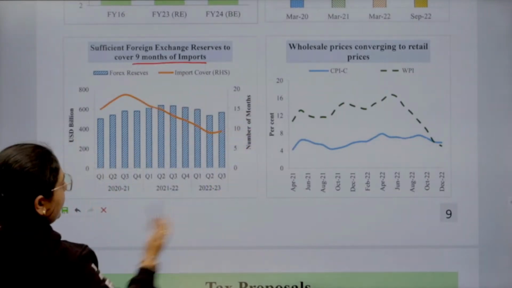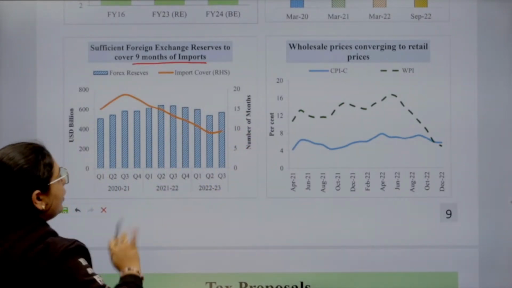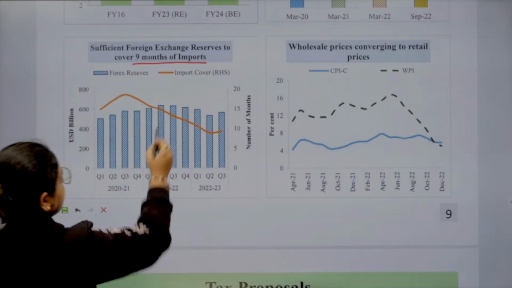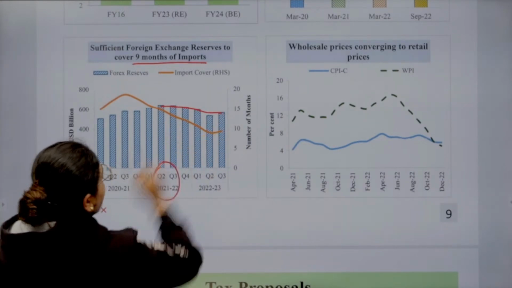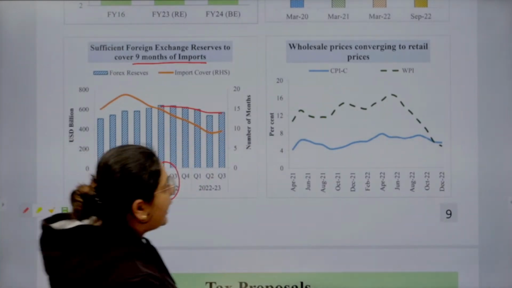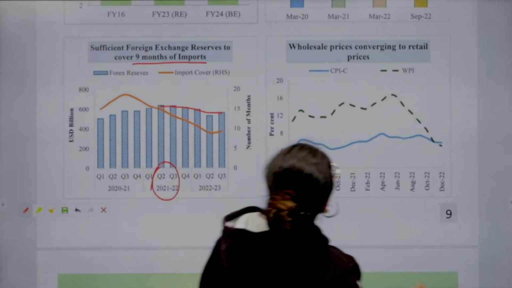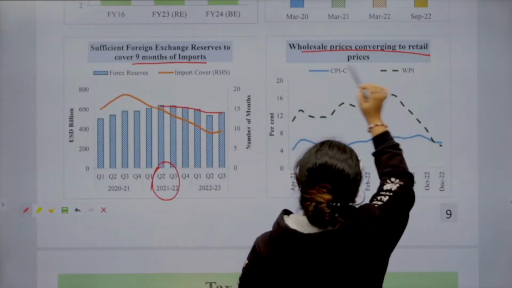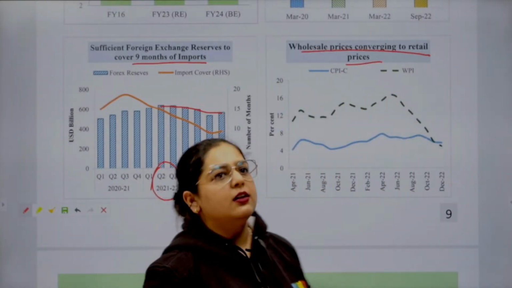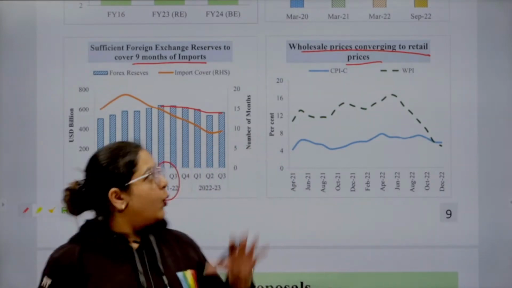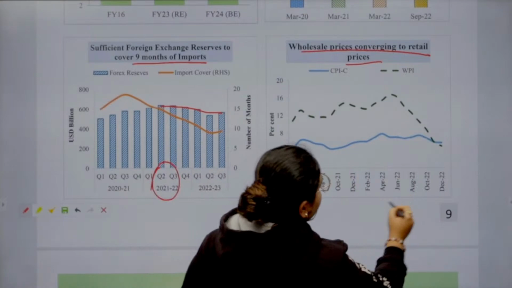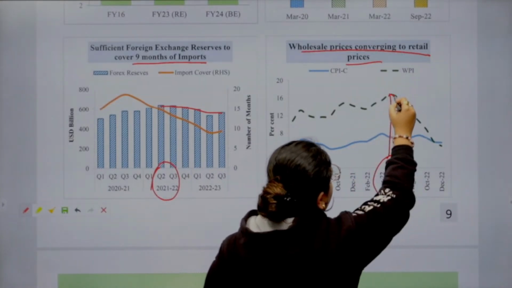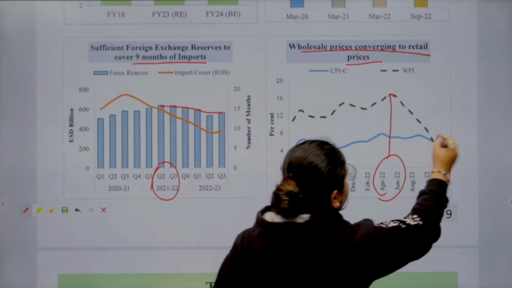So again, slightly on a downside, but yes, as compared to the 2nd and 3rd quarters, the foreign exchange reserves have definitely gone down, right? While on the other hand, the wholesale prices are converging to the retail prices. In the previous year, from September, October, the wholesale prices were quite up, right? As you can see, April, June, they were quite on a higher side,